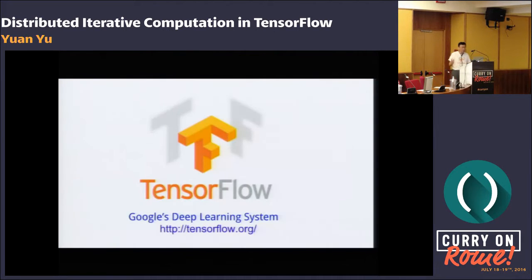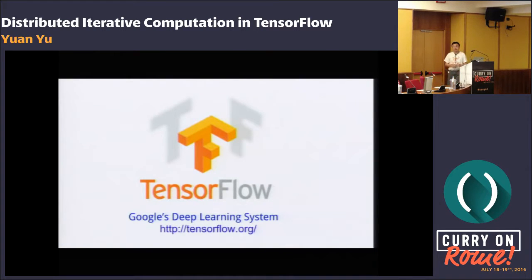First, what is TensorFlow? TensorFlow is Google's deep learning system. It's a large-scale deep learning system. The system has been used very widely inside Google, for search, for ads, for instance DeepMind's AlphaGo, and a lot of other things. It is incredibly useful to us, and so we thought the community would love it.